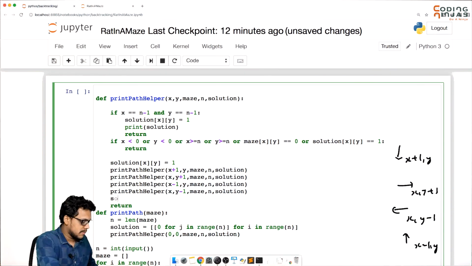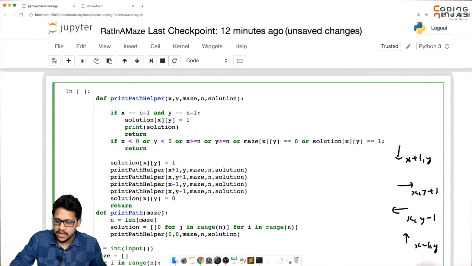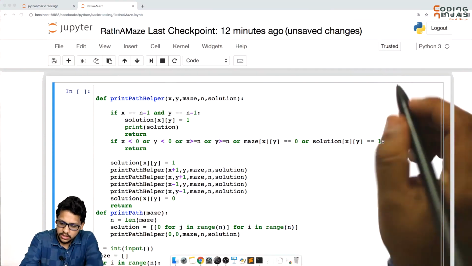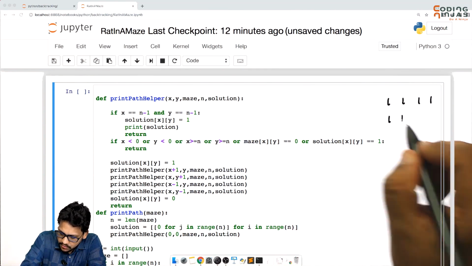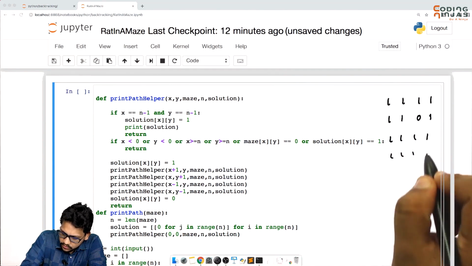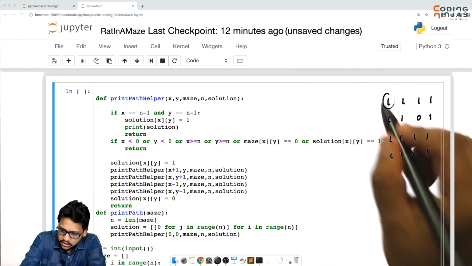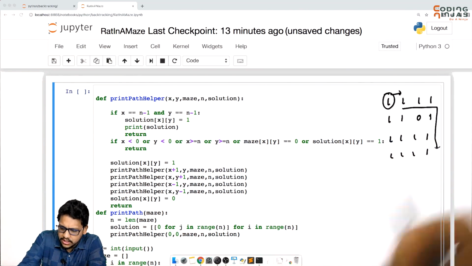The important step remaining here is that solution at x, y should be equal to 0 after exploring all the paths. Why? Because if you have a matrix like this, let's say this. If we explore here, you will move towards right. So one path I think is this.